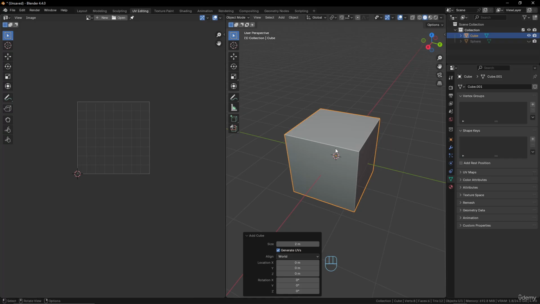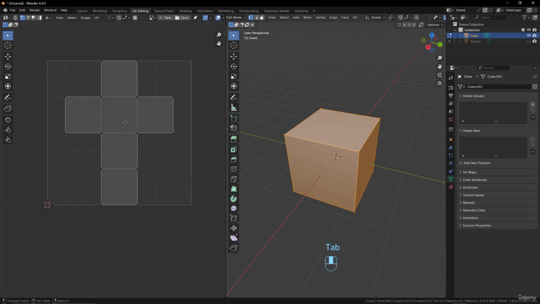Okay, we go into edit mode. We have the shape of the cube that we did when we were children, when we were kids. We did some stuff like that with paper and scissors to make a cube. But